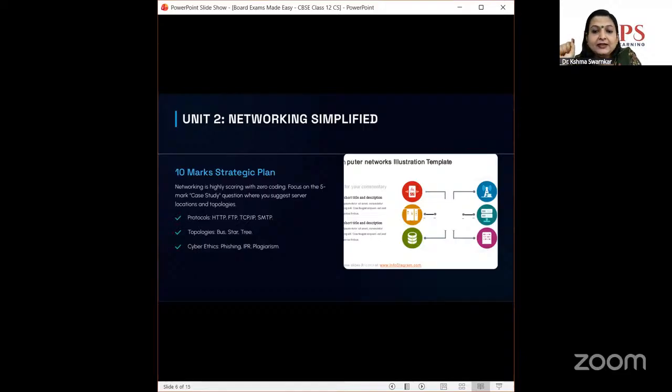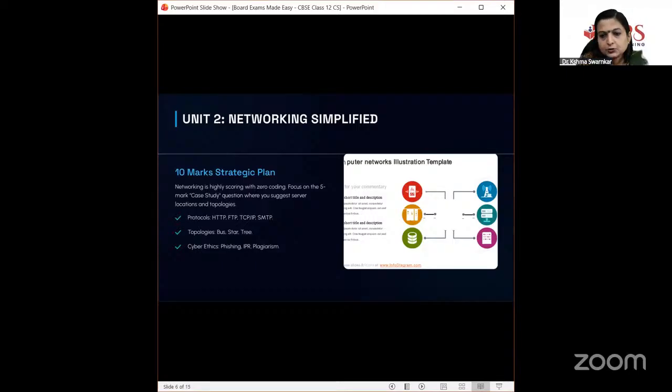So there is a guaranteed 5 marks of case-based or case study questions. When I'm talking about case-based or case study, that is a kind of competency-based assessment that has come into the picture, because they are going to talk about the competencies on the basis of case study questions, or you can say story-based questions. In that case you have to think about the case, see the question, find out the answer, plan the answer in your mind,